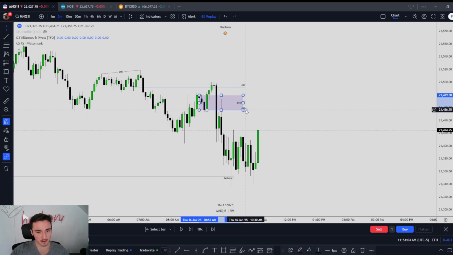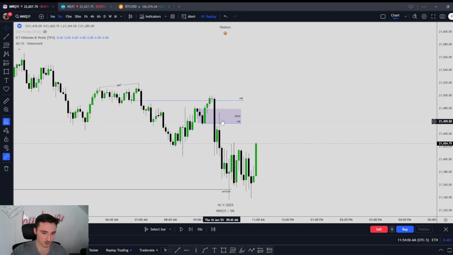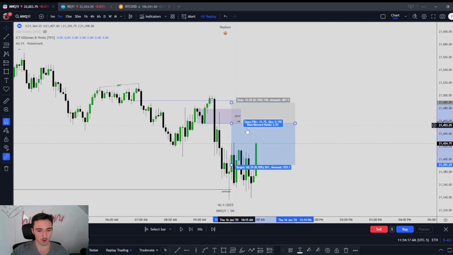So these are my favorite types of trades, right? Whenever we have a fair value gap as well, fair value gap, breaker, order block, whenever all that's paired up, it's just like a no-brainer short to me. So what did I do? I put my limit order on this order block slash breaker, and I had my stop like above this candle.